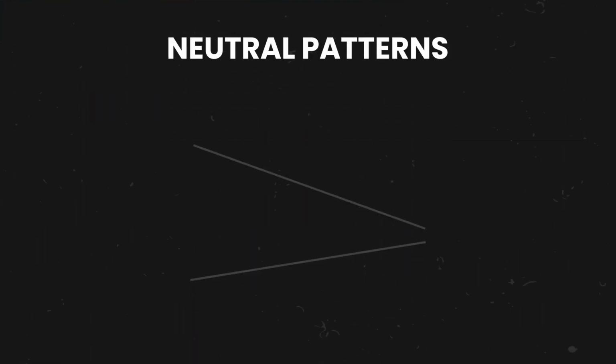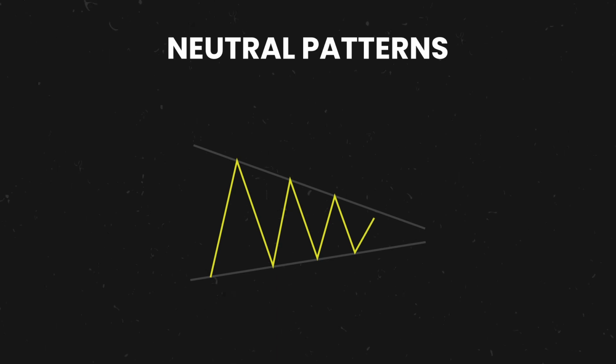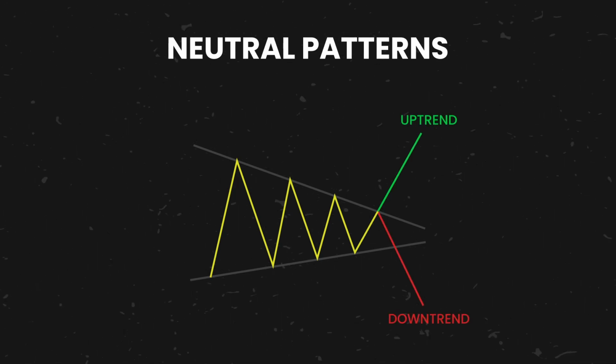The third pattern is called neutral patterns. This is where you look at a pattern where you are not clear which side the trend will blow out. So for example, you are in a sideways channel. The stock is trading between 100 to 130 and there have been multiple attempts on both sides. Whichever side the price breaks out, that is the side of the trend which you want to be. So essentially when you're looking at the pattern, it is neutral, but when it breaks out, you get a direction.